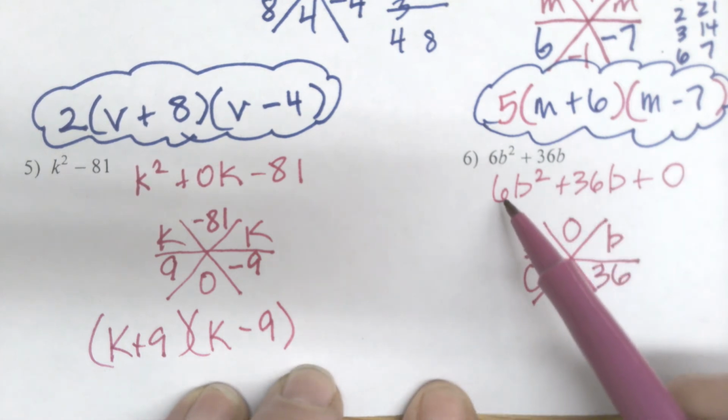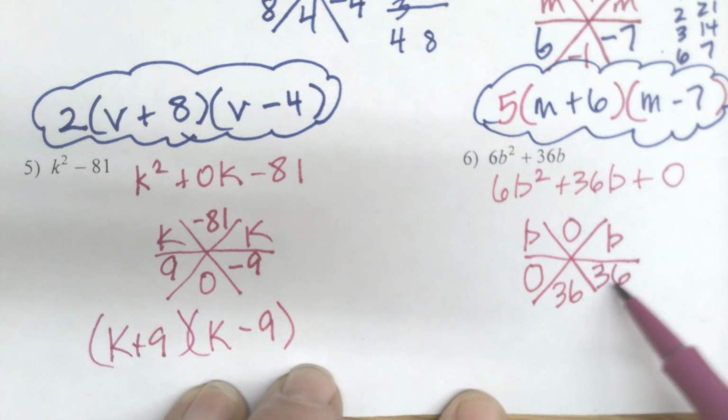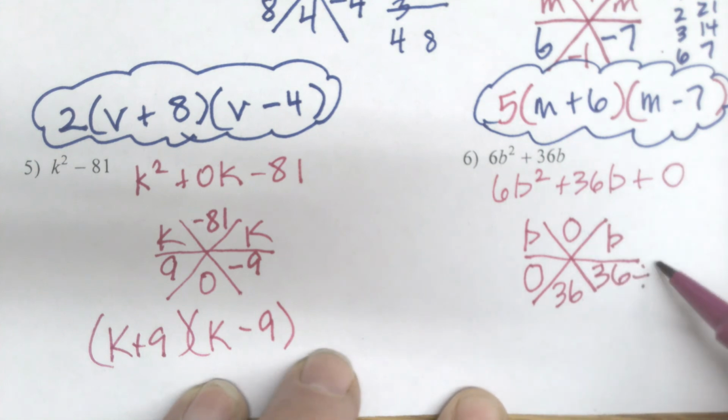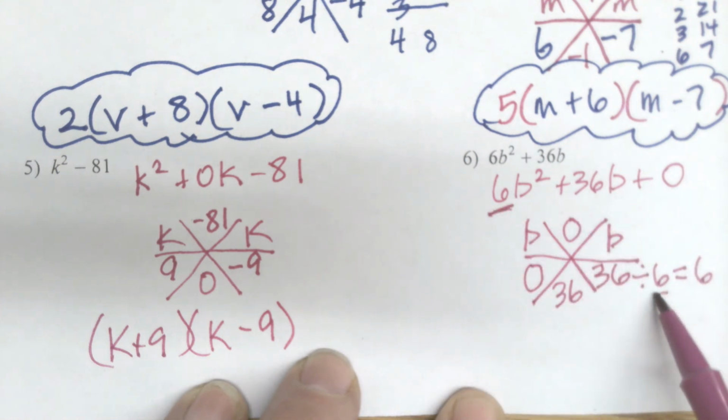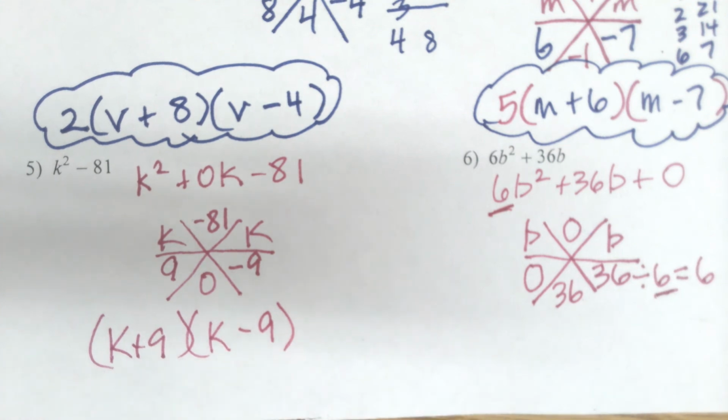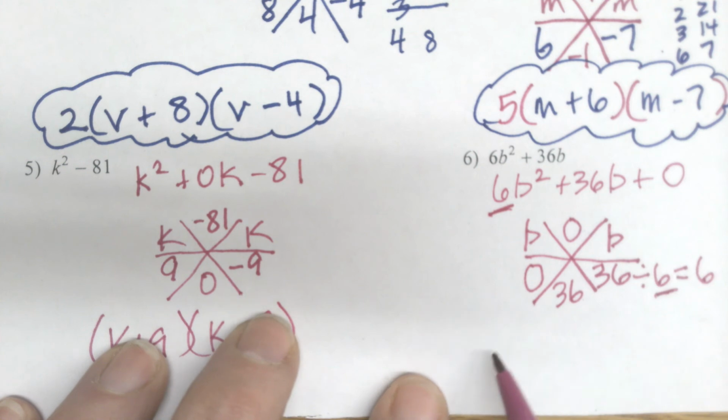Because there is a 6 in front, I need to take this answer, this is a little bit weird one, and divide it by 6. Because there's a 6 in front, I have to divide it by 6 to get my final answer. That one is the only one that has that kind of funkiness to it. But then my answers are,